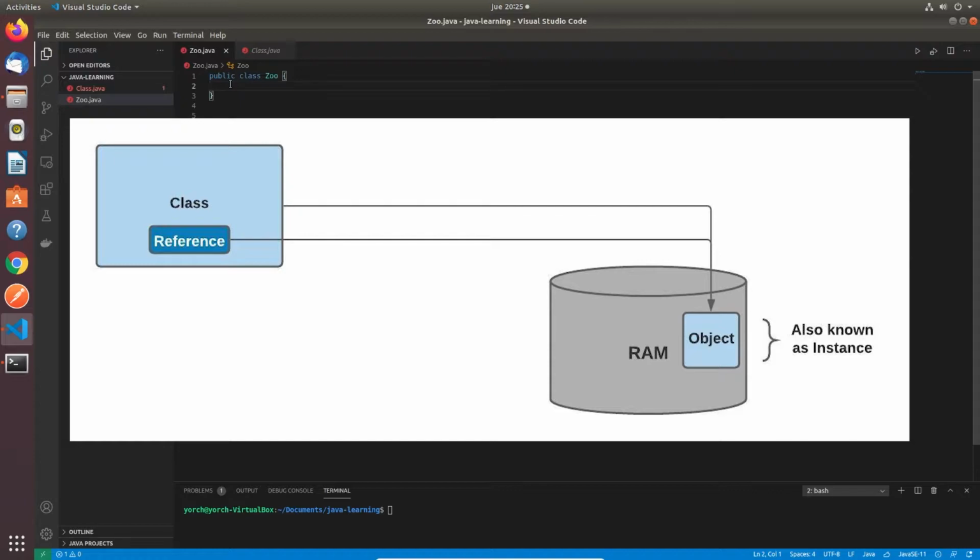Today we're going to talk about understanding the Java class structure. Classes are the basic building block in Java programs. An object is a runtime instance of a class in our computer memory. An object is often referred to as an instance since it represents a single representation of the class. A reference is a variable that points to an object, but we will take a look at this on a